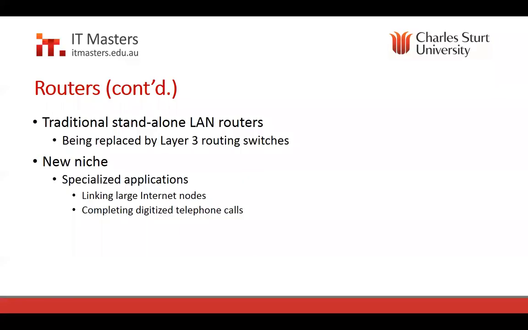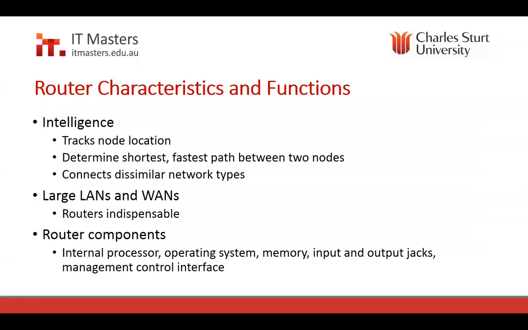The new niche for them is in specialized applications, so linking large internet nodes together or completing digitized telephone calls, those sorts of applications. So characteristics and functions, they have intelligence, so they can track node location, so another end node, end station location. They can determine the shortest and fastest path between two nodes, and they do that via the exchange of routing information through routing protocols. And they connect dissimilar network types. So as I said before, LAN to WAN, Ethernet to frame relay, Ethernet to ATM, wireless to Ethernet to ATM,